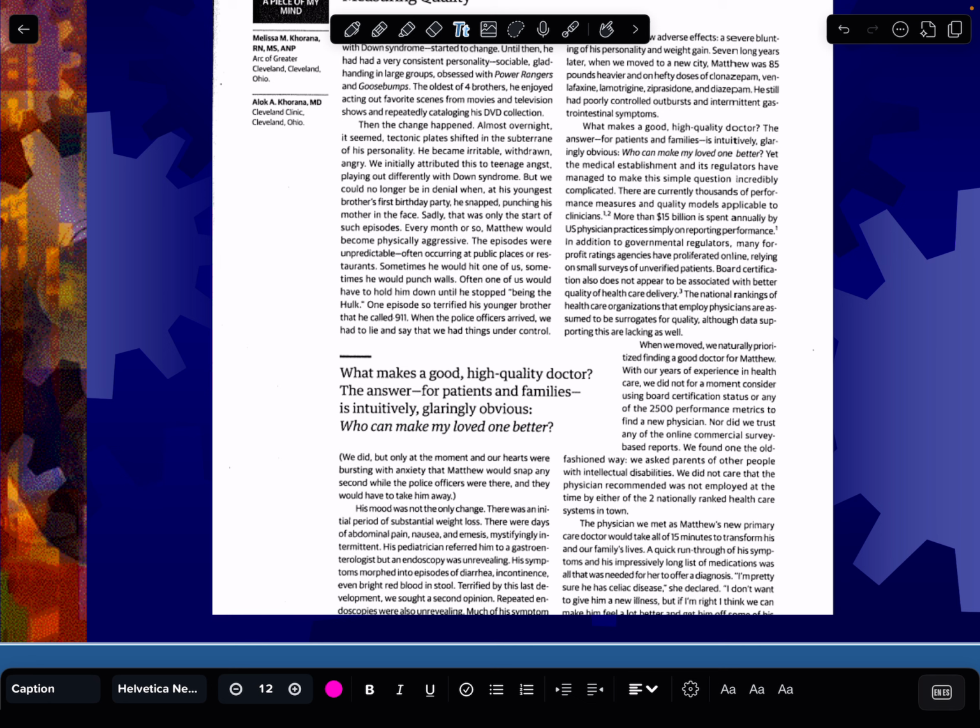Here is a young person with Down syndrome who started to have rapid change in his behavioral patterns, right? Violence, outbursts, right? They thought he had some psychosocial stuff going on and put him on a myriad of medications for that. I think he gained about 90 pounds. And then they wound up moving, and they wound up seeing multiple physicians who had seen this young person, and what actually shook out. It was a physician who was board certified, but she wasn't at the top of any of these,